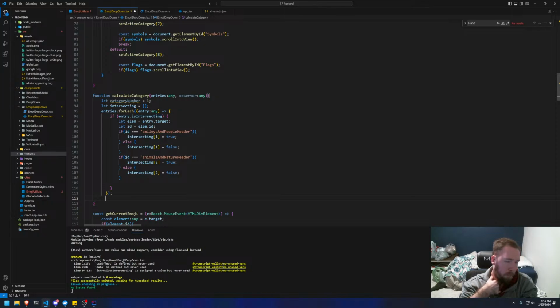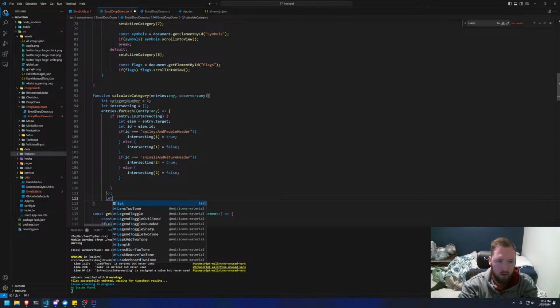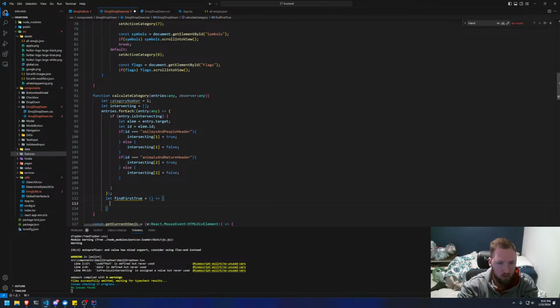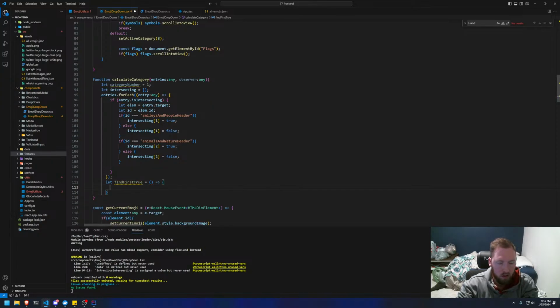So we might need another function, let find first true equal to a callback, or a function basically. And we'll say, for let I of intersecting